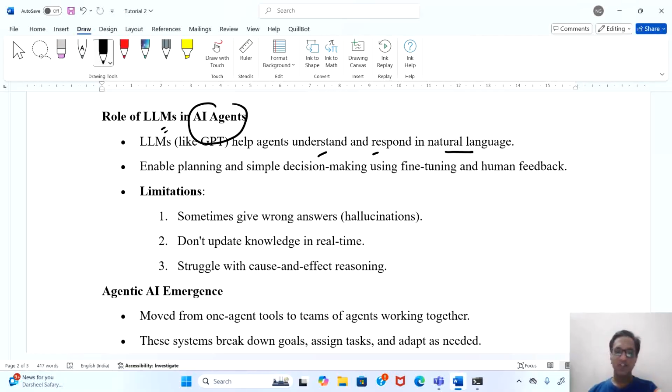So the response is given by an LLM only. In an AI agent, we do have an LLM working behind the scenes, and it helps in planning and simple decision making. Also, using fine tuning and human feedback to make the system stronger. So ultimately, an AI agent is built of an LLM only. Okay, and it is in integration with other